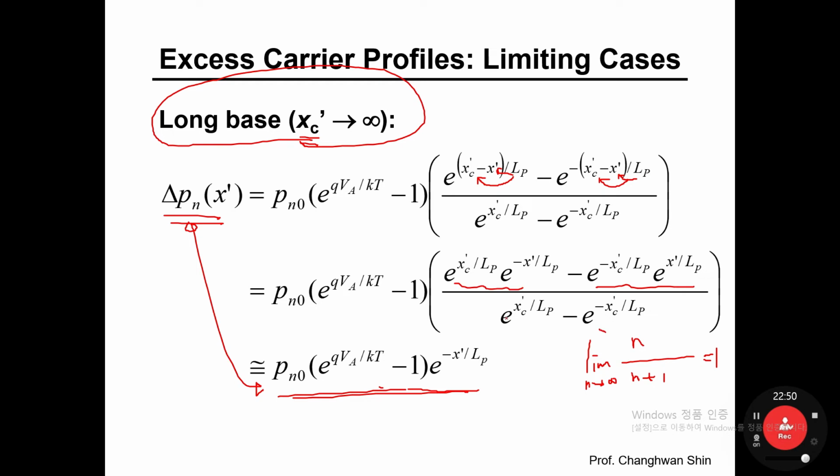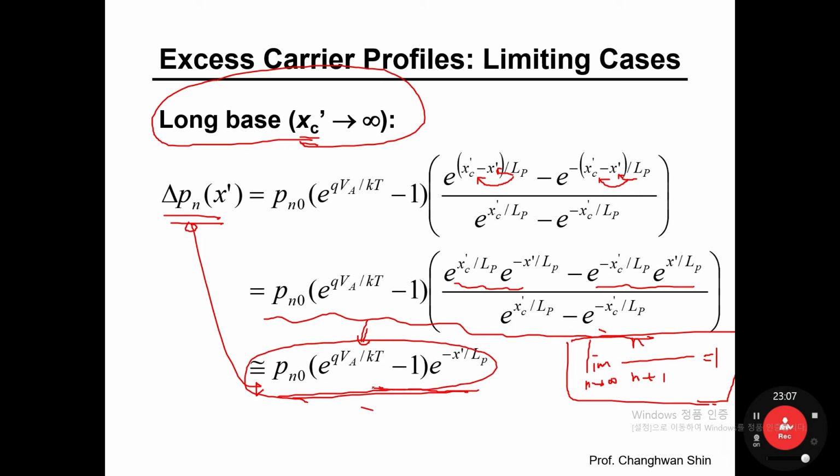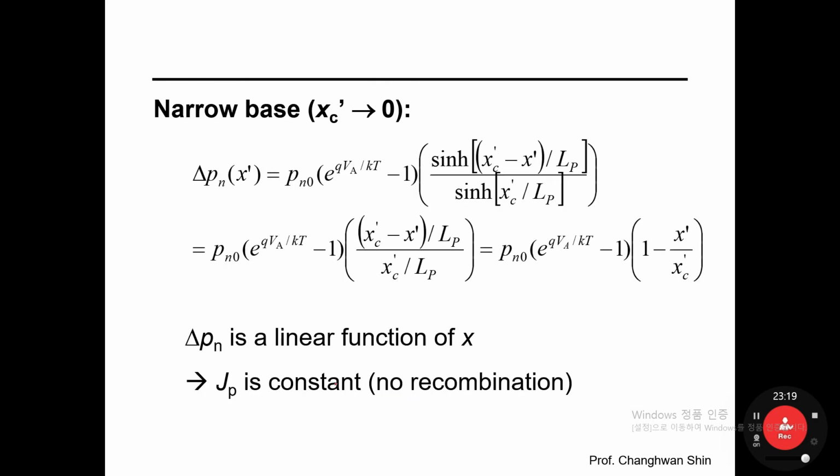Using this, you can simplify the equation shown in the second line into the equation shown in the last line. And this value is the thing that we have obtained in the ideal diode analysis. All right, now